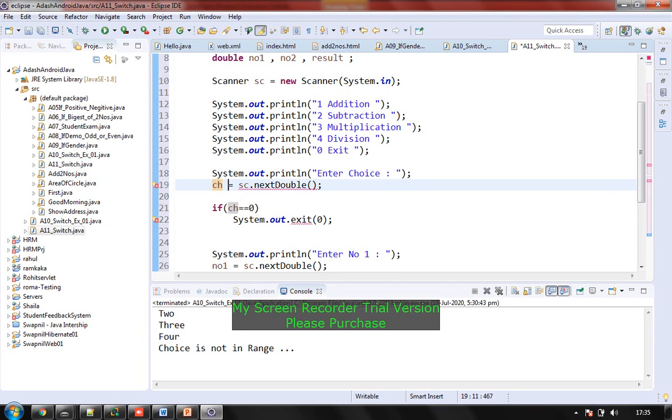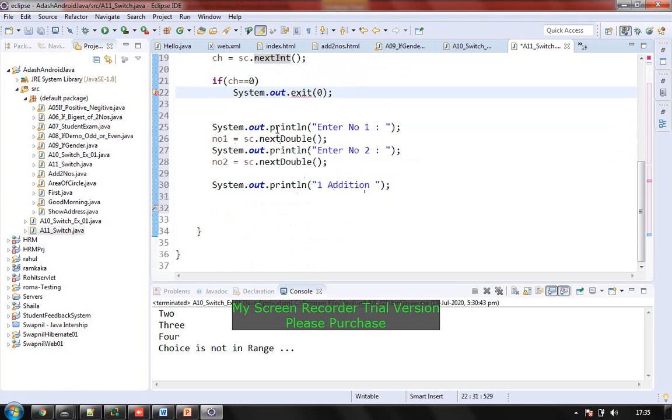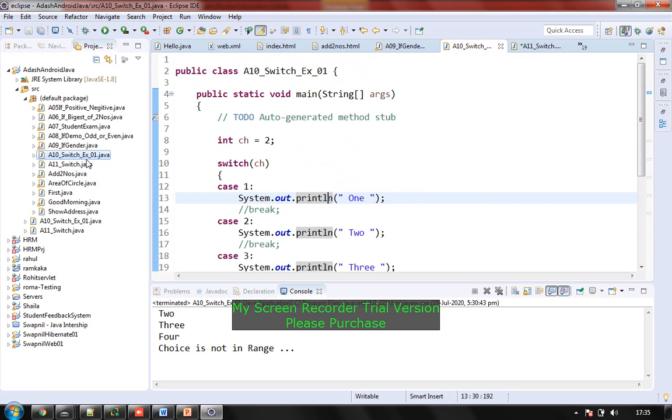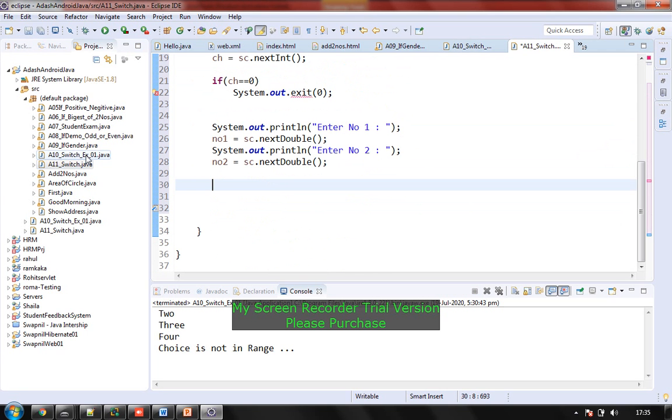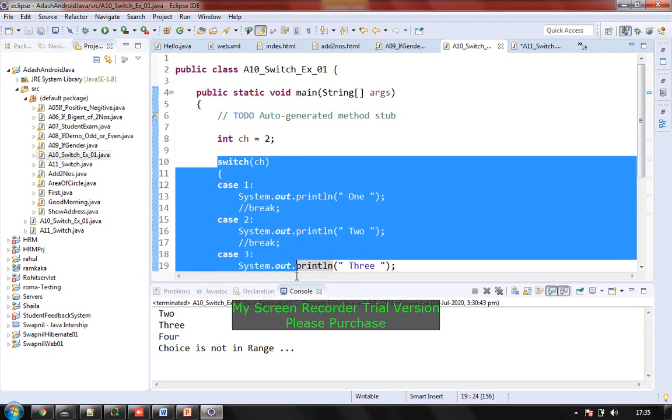It is in integer format, so I'll be saying not nextDouble, I'll be saying nextInt. So I accept data in choice, then I accepted 2 values into this. Now we will be going for the case statement. So our case statement remains the same as what we had in the previous example. So what I do, I go into that example directly and copy the example.